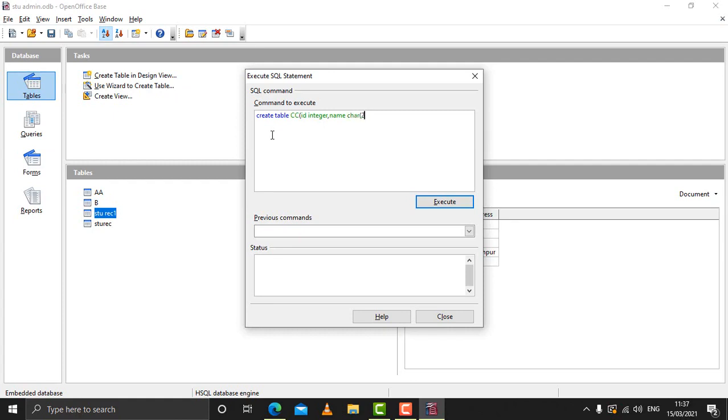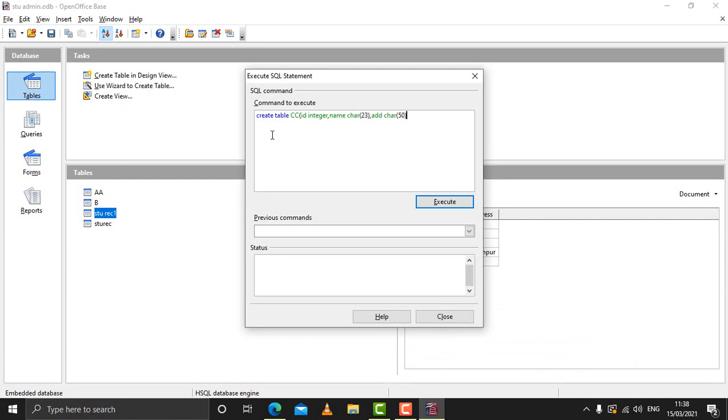Say for example I give it 23 characters, comma, say for example I give ADD for address CHAR. Say for example I give it 50,